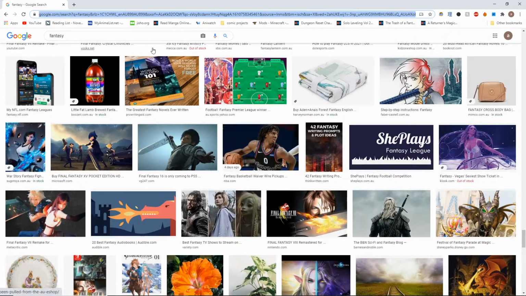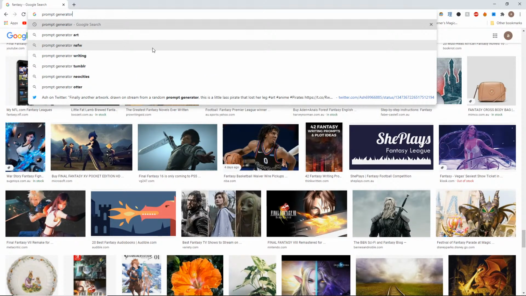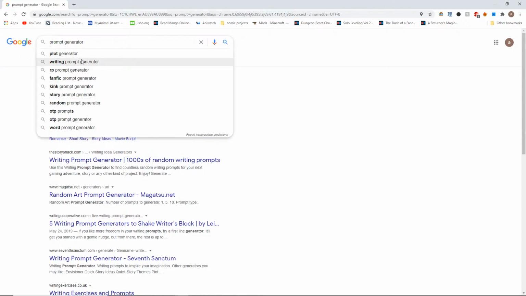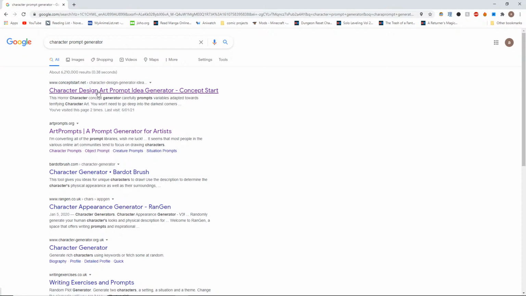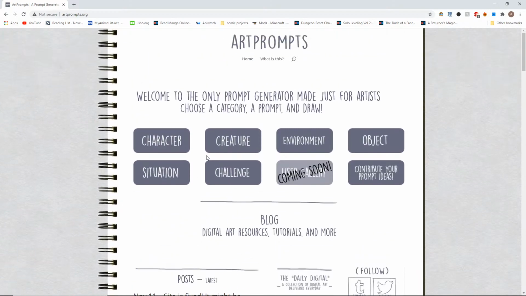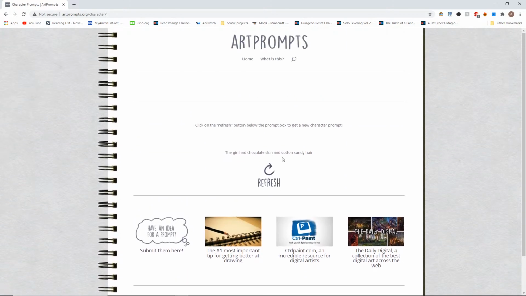Maybe let's go to a prompt generator, right? Let's go to the prompt generator. Character. Sure. This is what we did last time. So we went for a character, and that's how we got that pirate girl from the last stream. I don't want to do the exact same thing, but